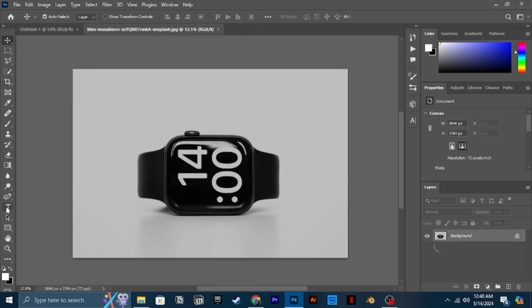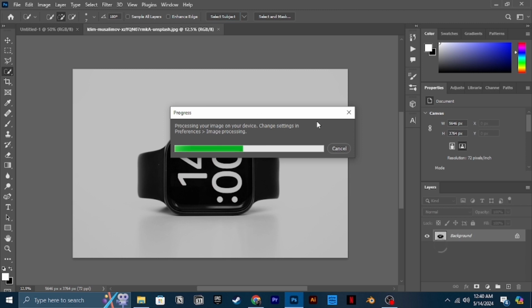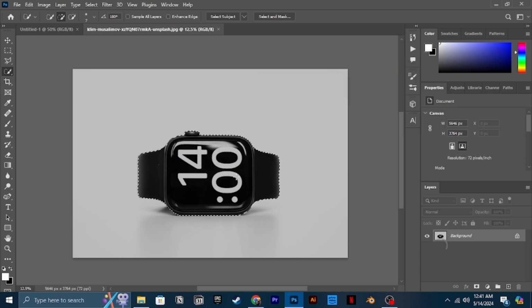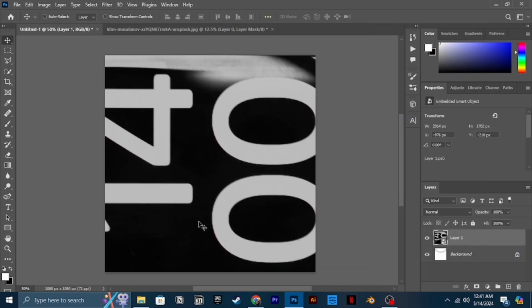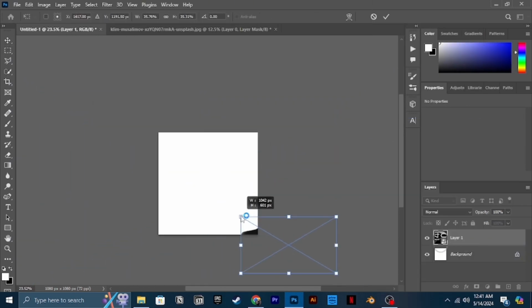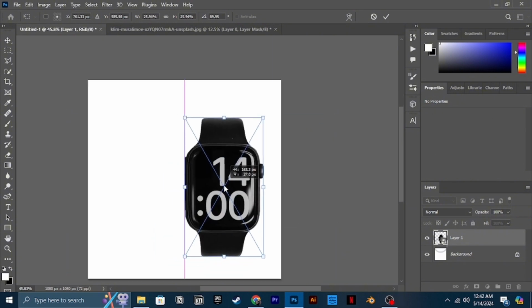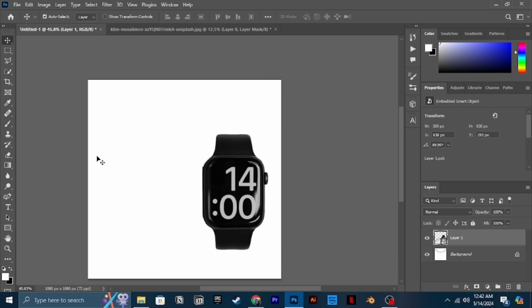So today's design is for a smartwatch, and I couldn't find any watch that looked very generic. So let's just pretend that this is not an Apple Watch and like a fictional watch that I wanted to make an ad for.